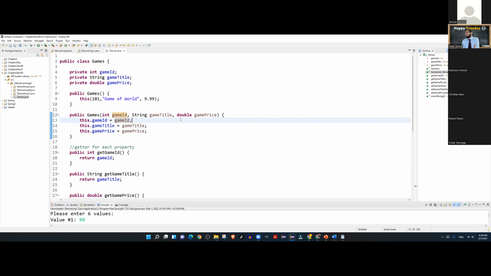So that saves the developer from having to create too many variable names different from the property names. Rather, we keep the same names. We just distinguish the properties by the this keyword, which refers to the object properties, and the other ones are the parameters. Does that answer your question?